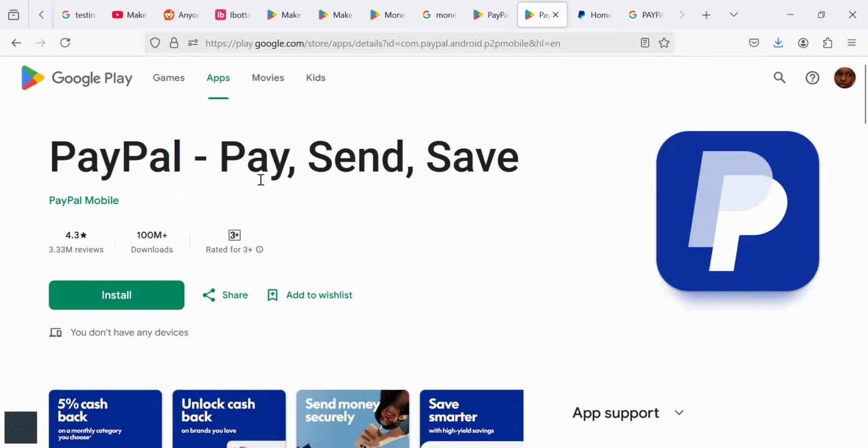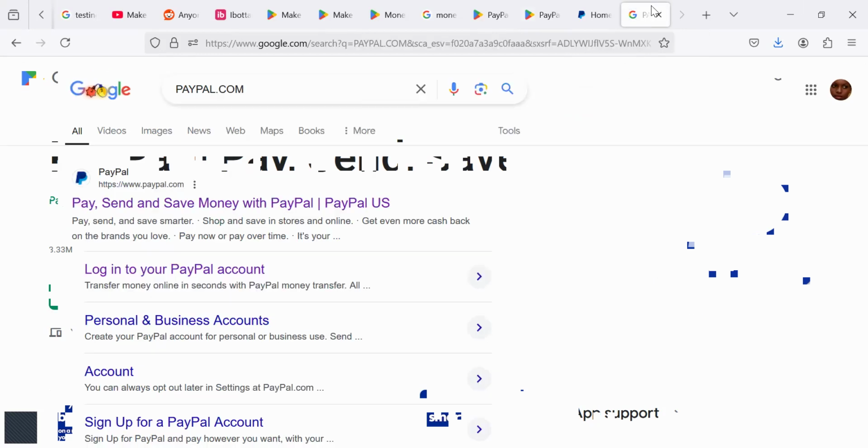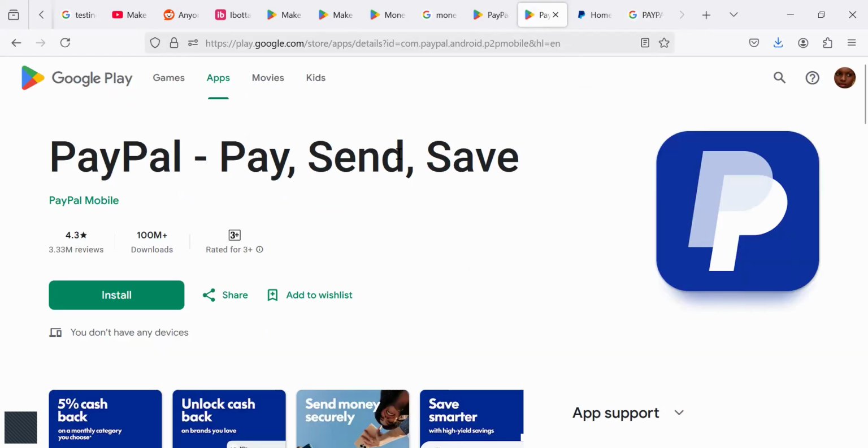If you can't access the PayPal app in your country, just use the website. Just go to Google and then Google the PayPal website. Okay, quick fix. Now, if you're having a PayPal app,